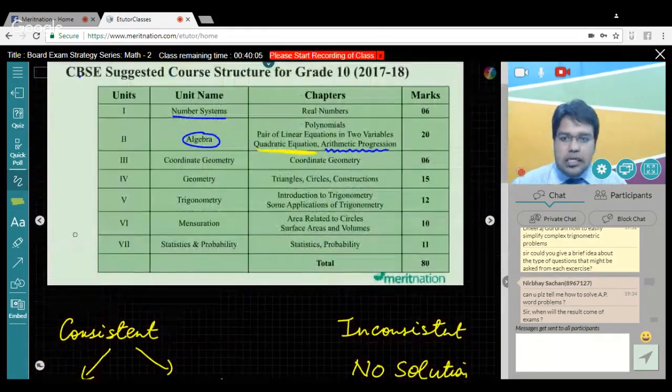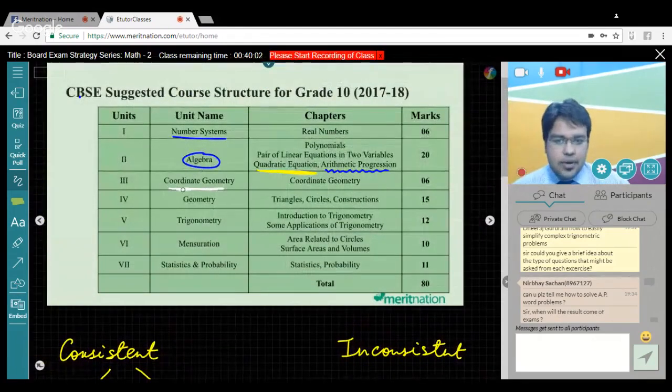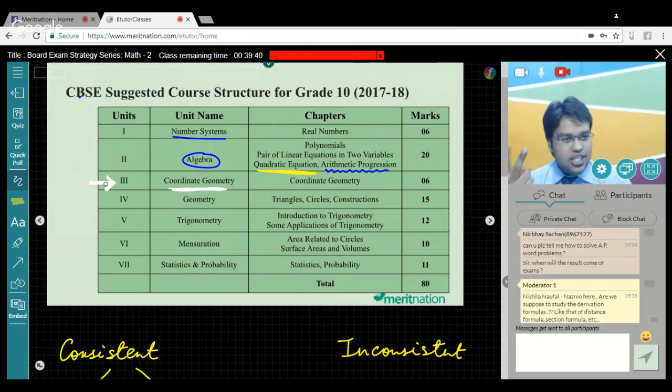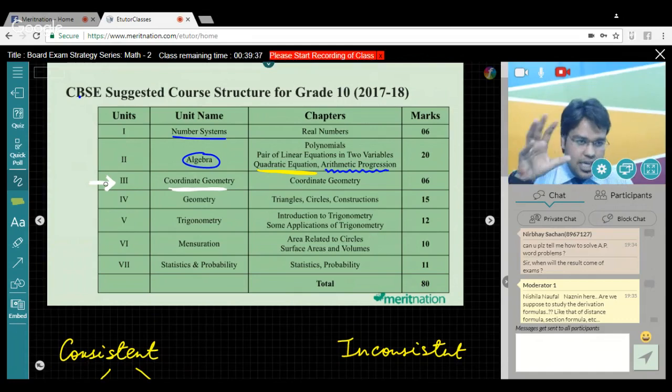Coming back to our third unit, that's coordinate geometry. I had discussed coordinate geometry in my last session yesterday. It has three subtopics, and they are very easy. Once you start your revision, go for this unit, because it gets over easily, and the questions are also very easy. The three topics are distance formula, section formula, and area of triangle. You can expect three kinds of questions. Practice these three subtopics, one question at least, and you'll be good to go because it's one of the scoring topics.